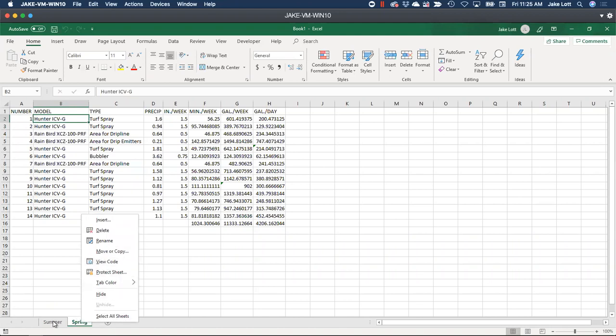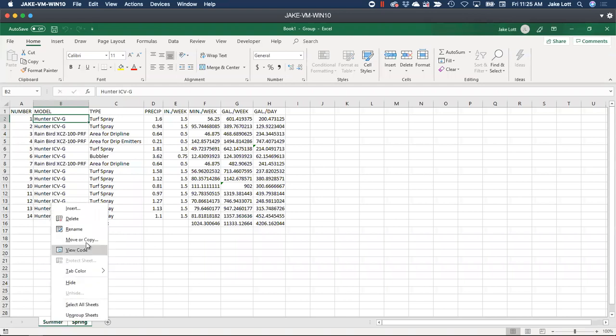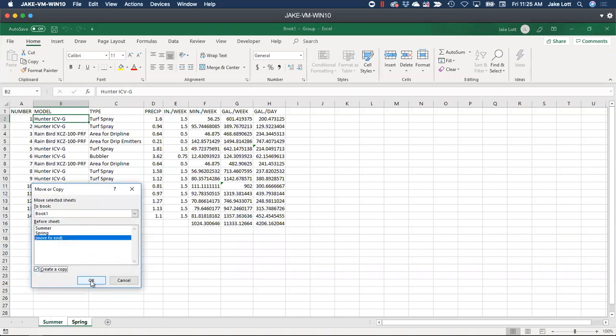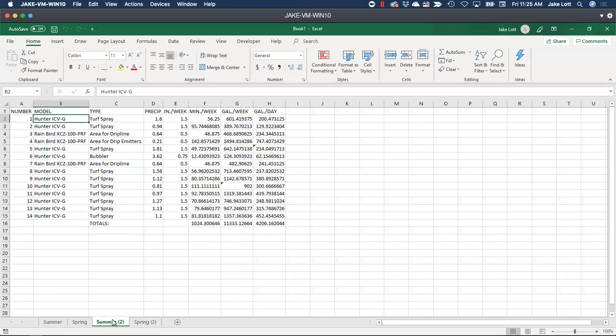I can even select multiple tabs and create copies, and it makes as many as I select. So now I have both, and I can do fall, and I can double click this one and do winter. So very quickly, I saved a click of steps to bring in as many as I had copied. Now, again thinking about what I want to change and not have to update in different places.